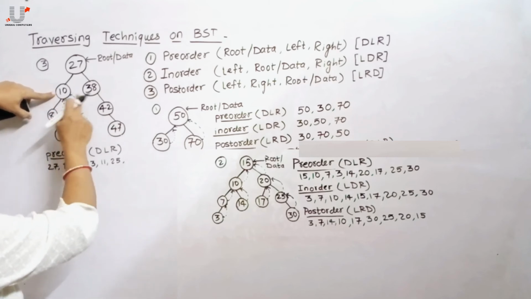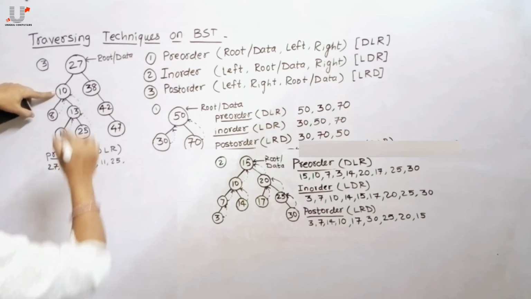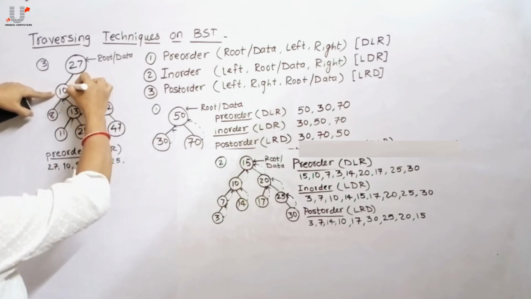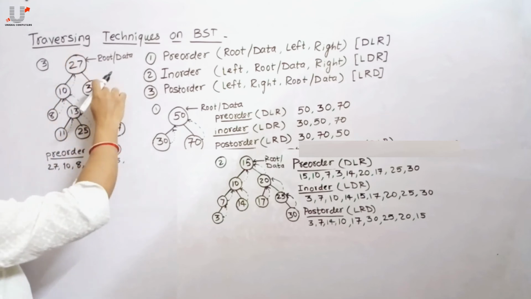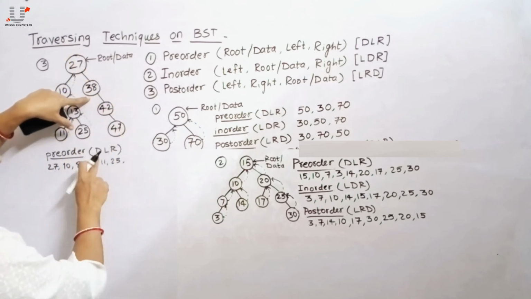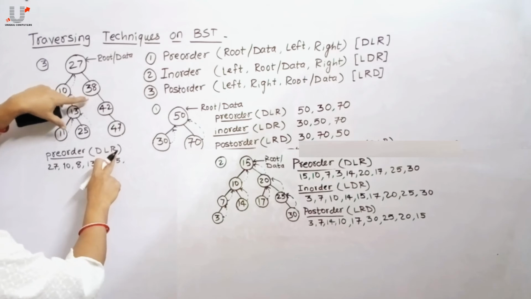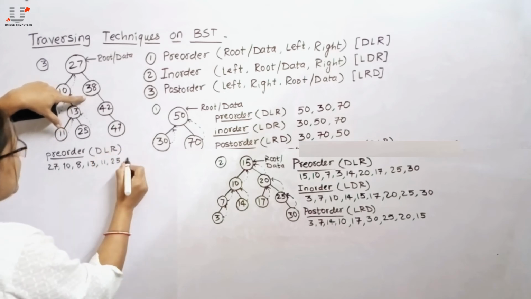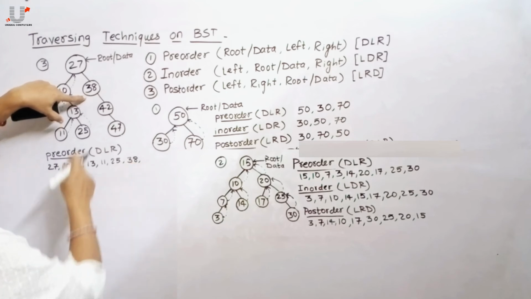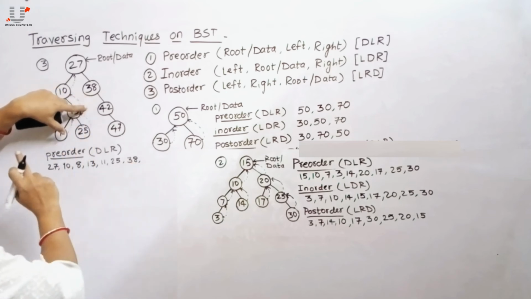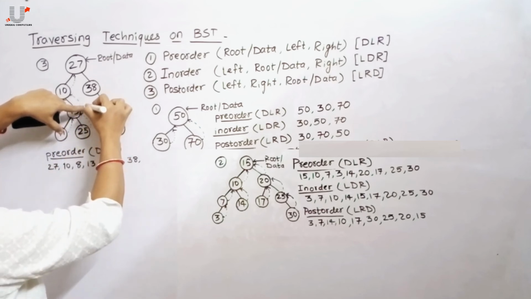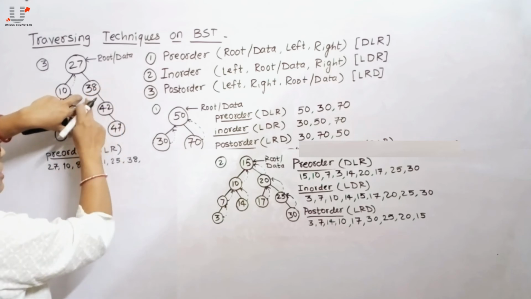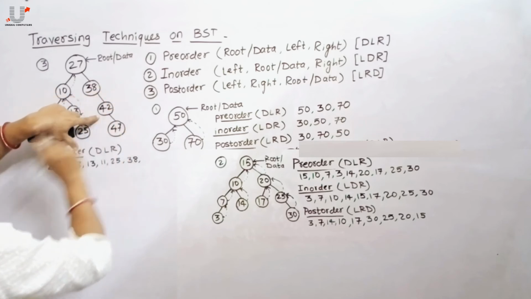Again D, L and R have been processed. The control will again move to its parent as D and its left subtree have been processed. Then the control will transfer to the right subtree. Again apply DLR for this 38, that means data itself gets processed, so 38 gets displayed. Then as no left subtree is there, backtrack, then the control will move to the right subtree for this 38.